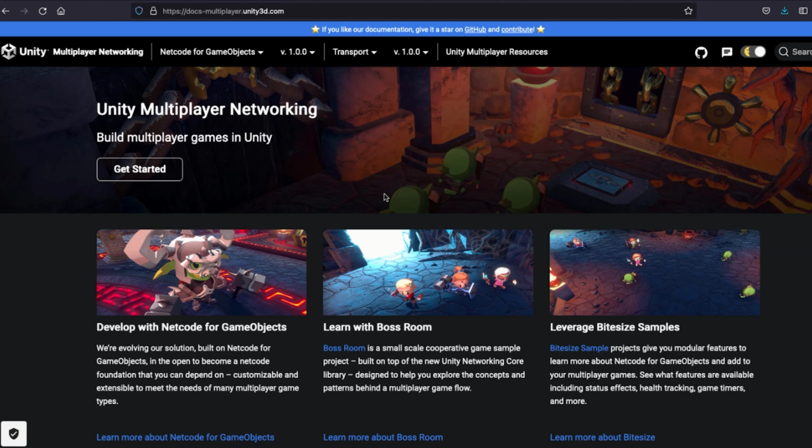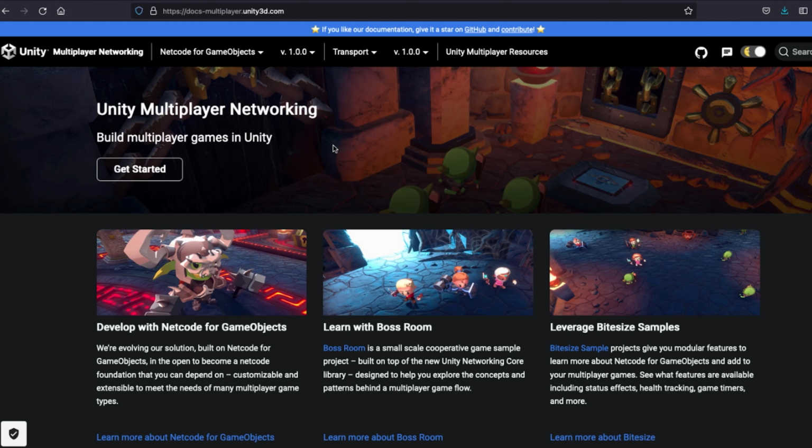I'll personally say that it's not the best documentation I've ever used for a particular framework, but at a minimum, it will give you the information you need to get started and also give you detailed information about the different pieces of ML API, different pieces of Unity multiplayer networking, and most importantly, documentation for the APIs and different things that are happening within Unity multiplayer networking. So let's get started.